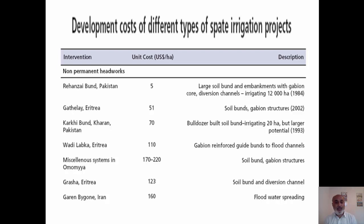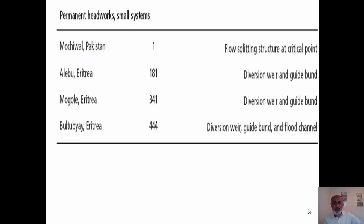And on the same page we can see that the cost may go up to $220 per hectare, and this type of structure includes a soil bund and gabion structure. We have a few more examples. This is again an example from Pakistan, Mochiwar in Khyber Pakhtunkhwa province, and here the cost is just $1 per